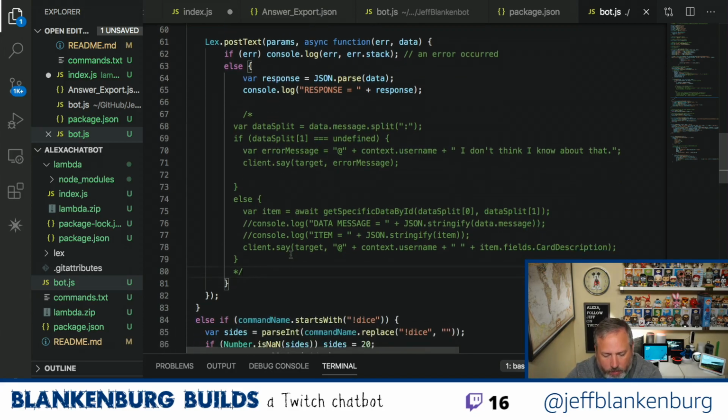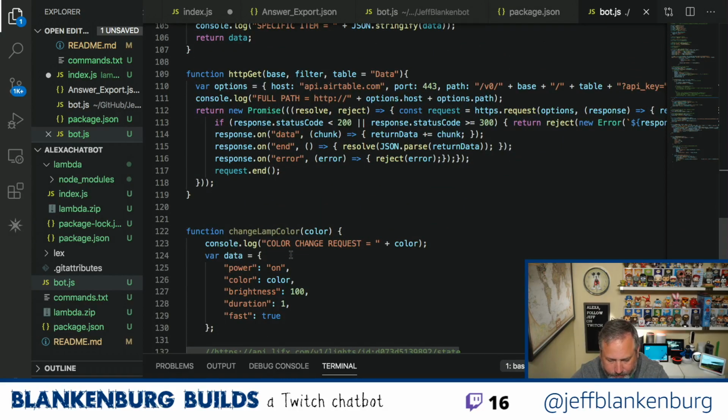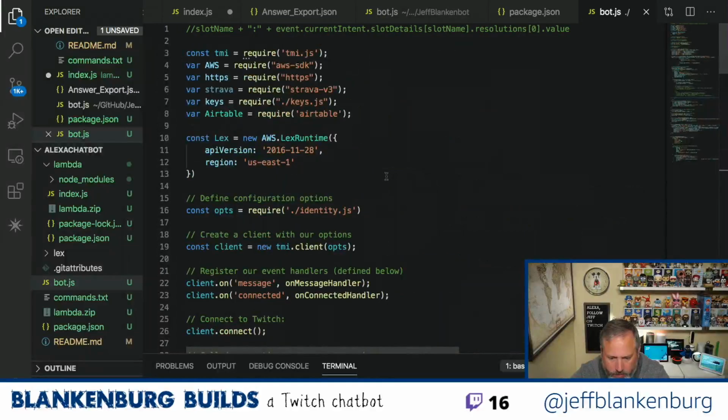So if there's no error, all we're going to do is log it. And then I can leave the dice and the other stuff in here. That's fine. So we have built our bot. So now I should be able to say, in the right directory,